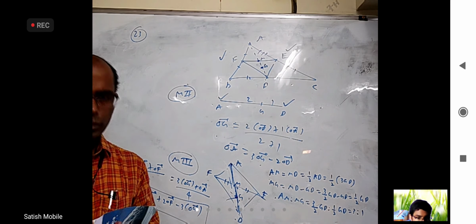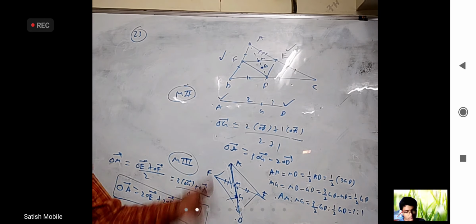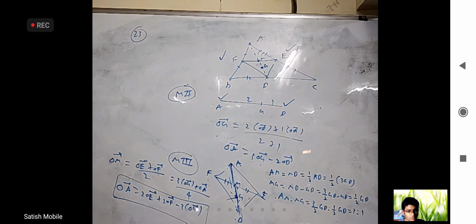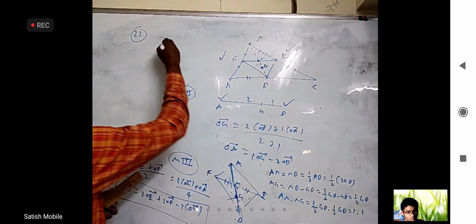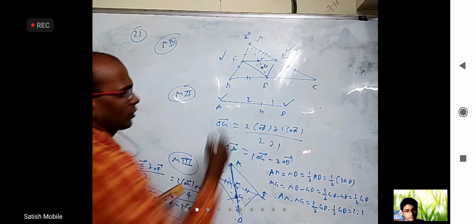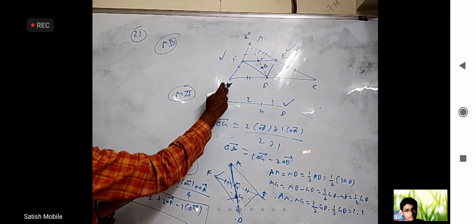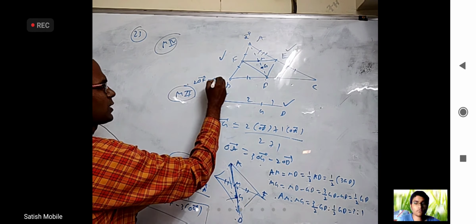I am not saying you have to do it like this, but I am just giving different alternatives so that in other questions we can use some way. In fact, without all that, somebody can do it like this. I'll tell you. Maybe I should call this method 4 if you want. I'll assume the position vector of this is A bar, which I have to find. Can I write the position vector of this as 2 times OF bar minus OA bar?